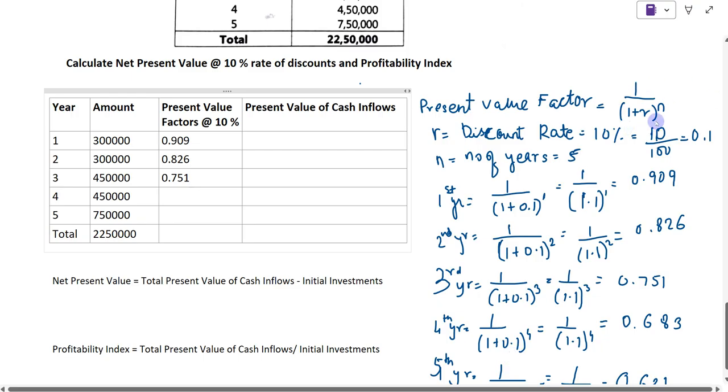Now for the fourth year, 1 upon 1 plus 0.1. Okay, we are just putting the values in this formula, raised to n. What is n? For the fourth year, 4 years. So it is equal to 1 upon 1.1 raised to 4. So we get